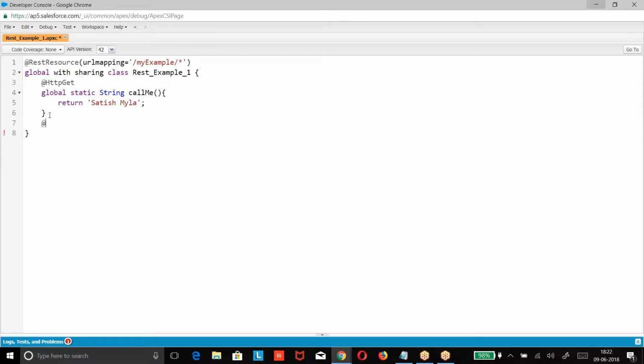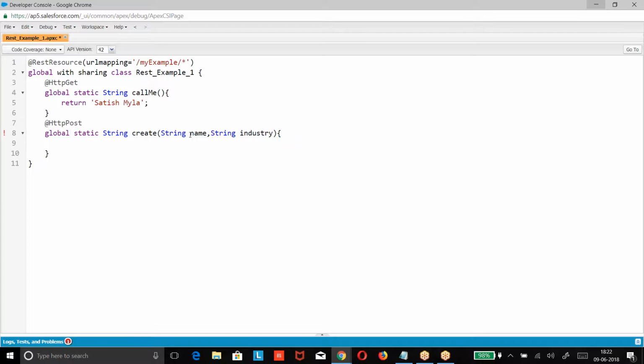I am giving one more method, @HttpPost. Now, what type of method is this?